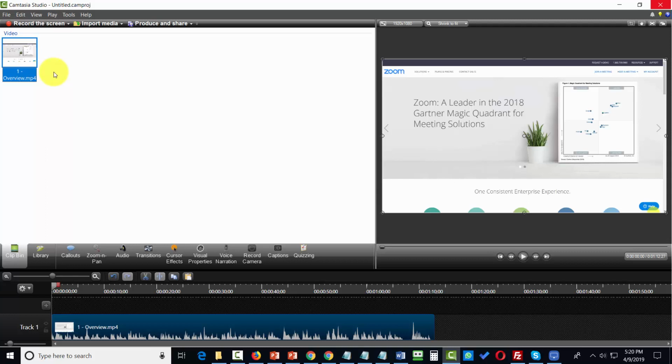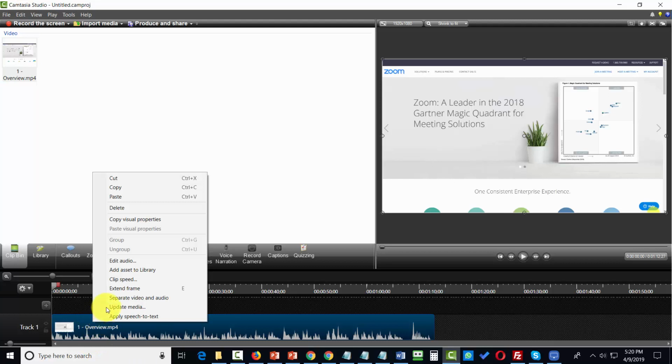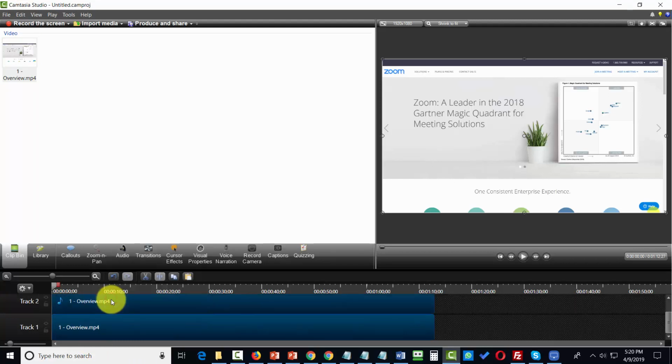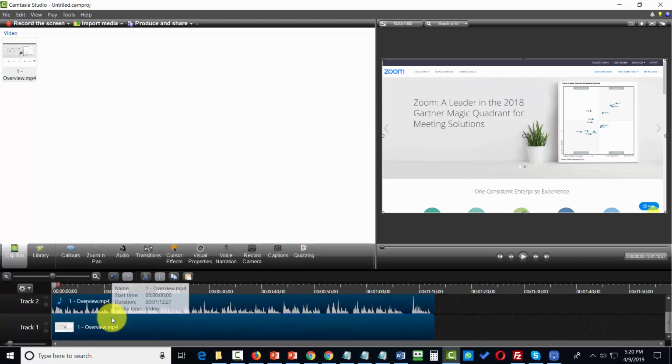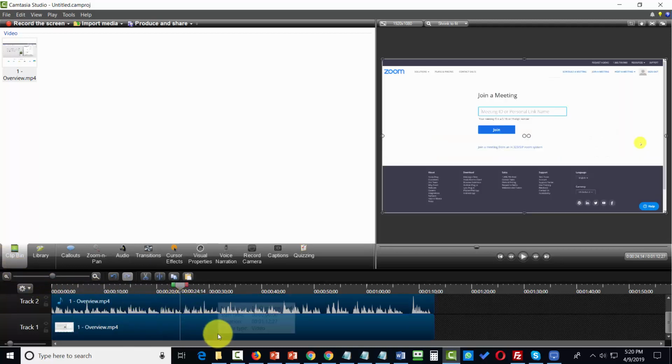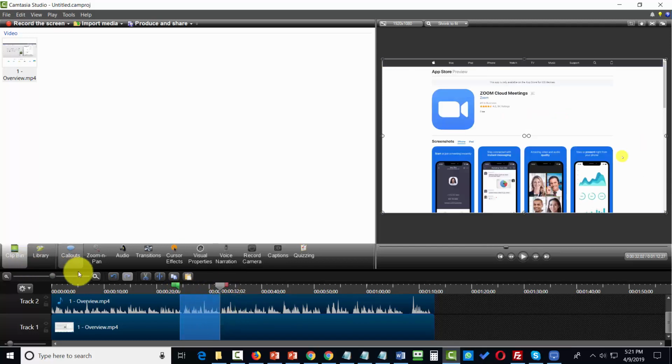Now if you are using Camtasia, one of the things that you can do is separate the audio from the video. We're going to do that by right-clicking and then adding separate audio and video. We can then move through the content in real time, come to the position where we want to edit out the portion that we want, and then we will stretch the timeline indicator and cut that piece